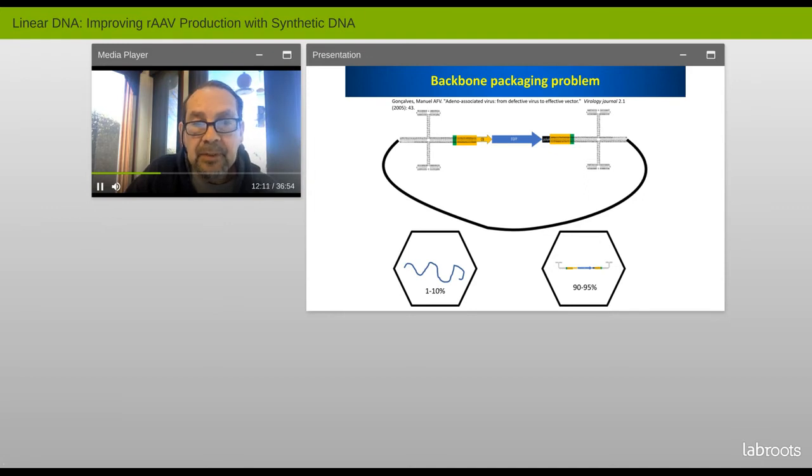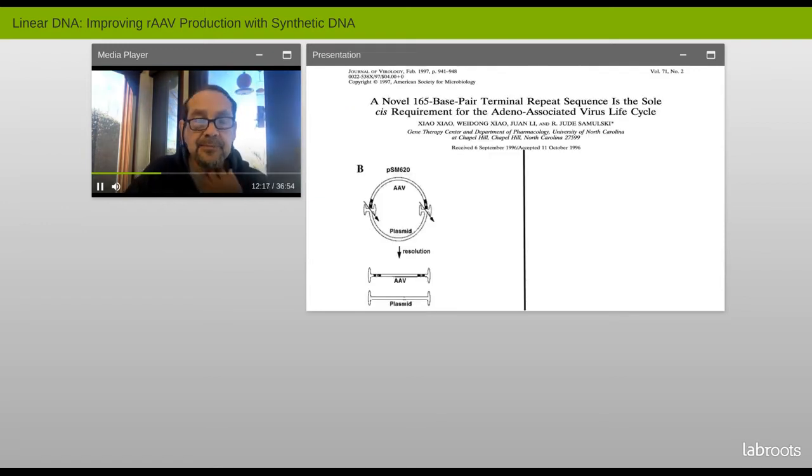It doesn't appear to, or should not have, terminal repeat sequences. And if you advance to the next slide, you'll see a paper published by my colleague Zhao, who was my first student, and his wife Jean Li, where he was able to show that when you put an infectious clone of AAV into a human cell in the presence of AD, what actually happens first is what's referred to as a resolution step.